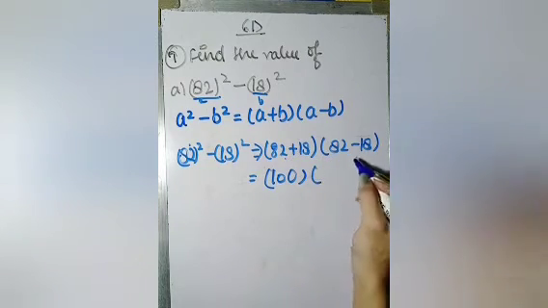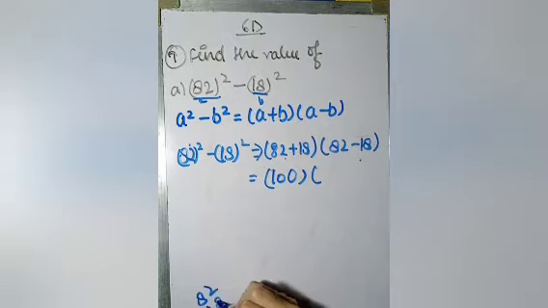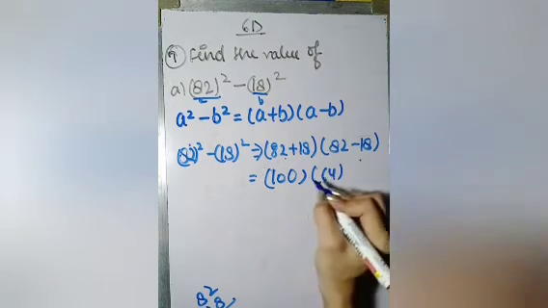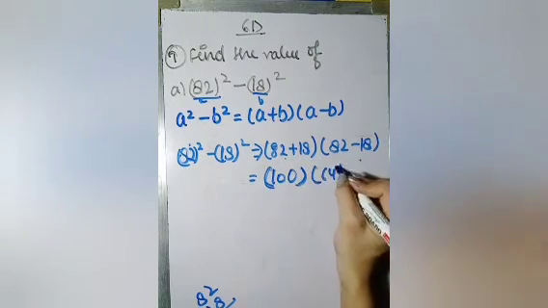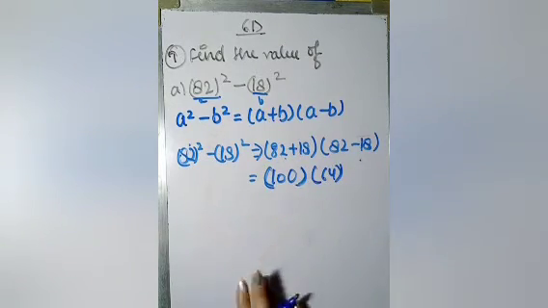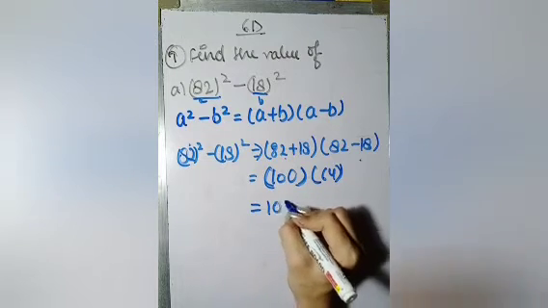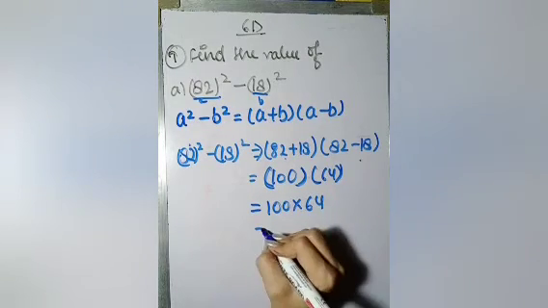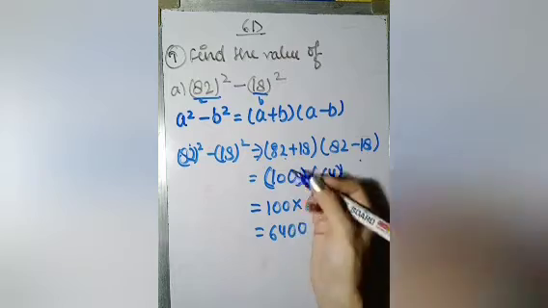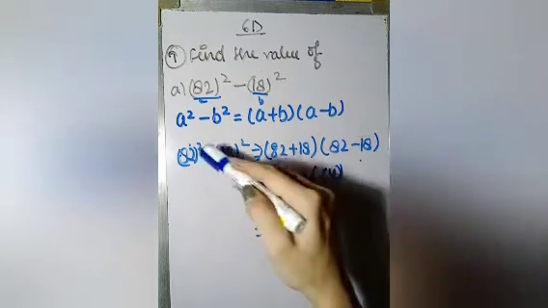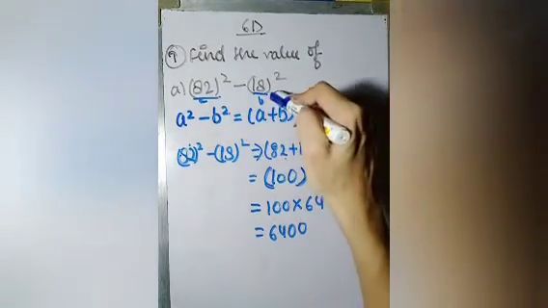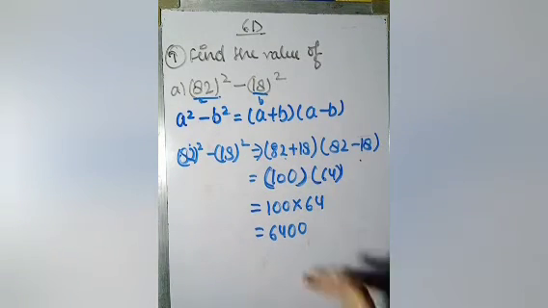Here, if we subtract 18 from 82, how much is left? 64. Now these are both brackets, and there is no sign between the brackets. That means they are in multiplication. Now multiply. See how easily you have done the question. Otherwise you have to first square each number and then subtract. In this method you can do it very easily.